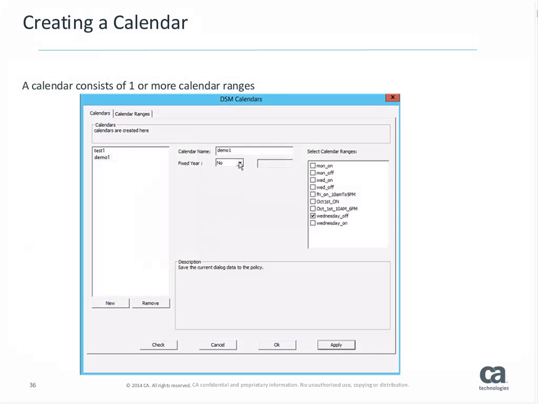Okay, so you can specify, obviously, here is your calendar view. So I'm going to create a new calendar. I can specify whether I only want it to be effective for a specific year or all the time. And then in the far right here, where all these checkboxes are, this is the calendar ranges that have been